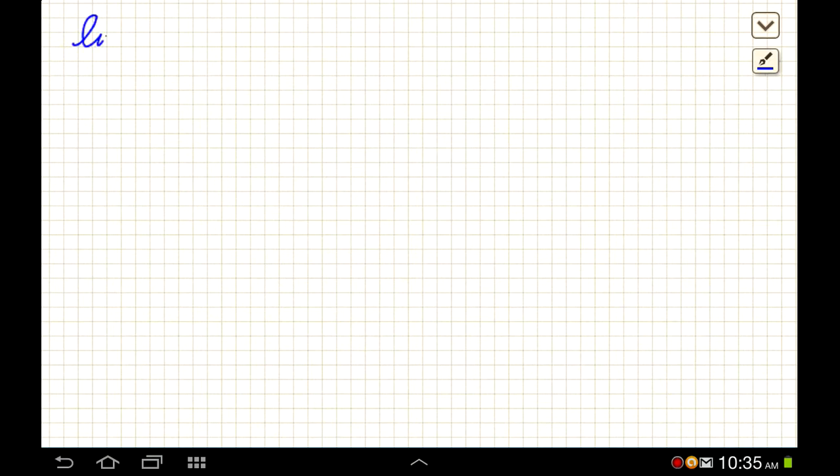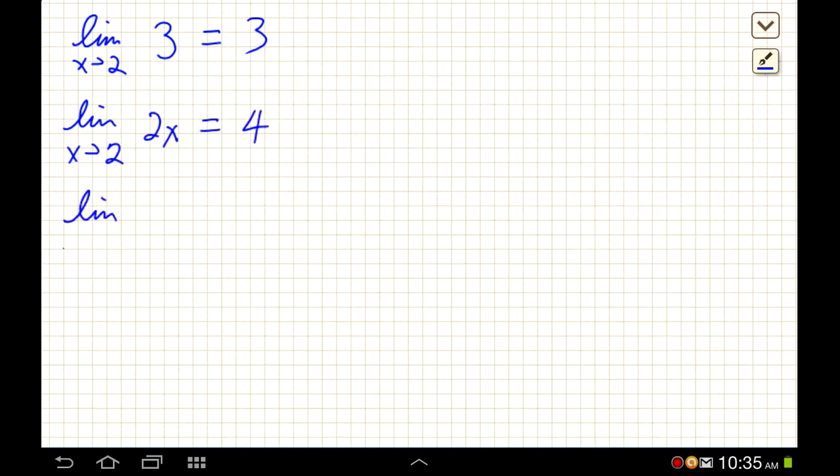Our limit as x approaches 2: for the first term, we have 3. For the second term, we have 4. And for the third term, we have 4 as well. Now for the third term, we have a negative, so let's just put a negative here. If you have a negative, then you just multiply with the negative. So adding all these three limits up,